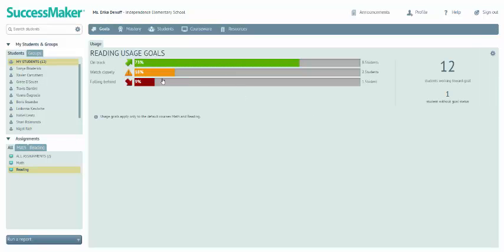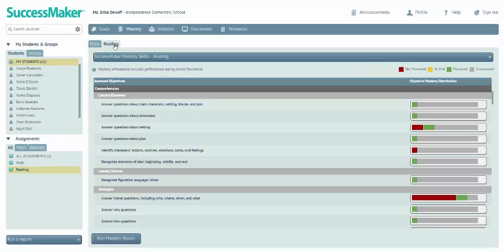All of these bars are active, so I could click on any bar at any time to see how I'm doing with my usage. Another area of progress monitoring is mastery. I'm going to select mastery, and then I'm going to select the reading tab. In this view, I will see the skills that students have been assessed on, and I'll see in color coding